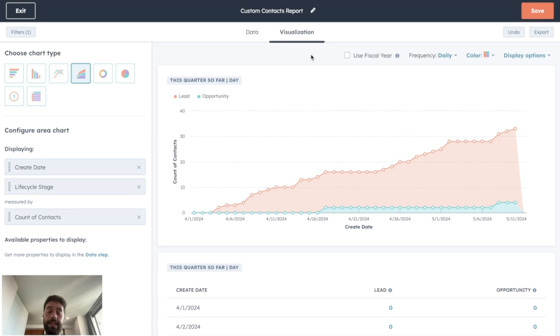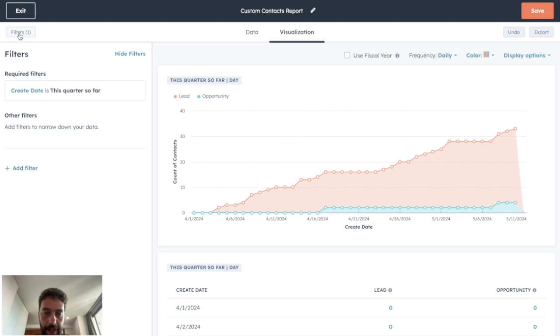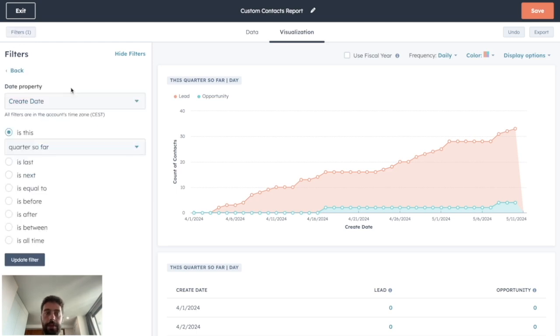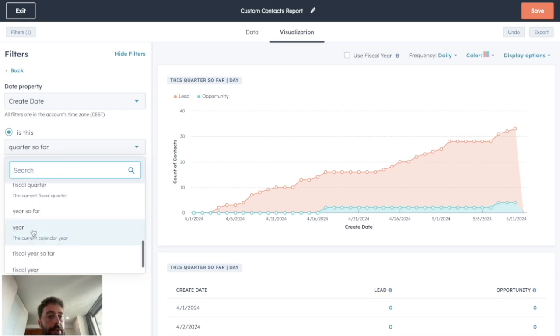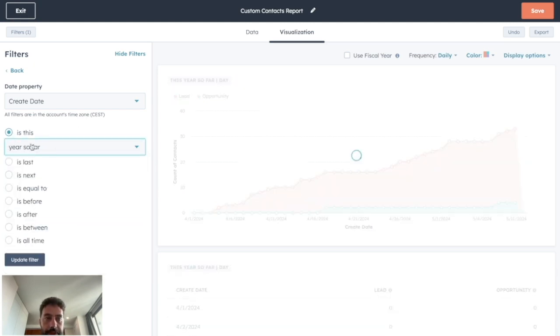And now that you're satisfied with the visual of your report, we can go to the last step, which is the filter part. So to change the filters, you can click here and we will see it right now together. With filters, you will be able to refine the results displayed on your reports. For instance, I want my report to cover not this quarter, but this year. So I will just click on the create date, change to this year so far,